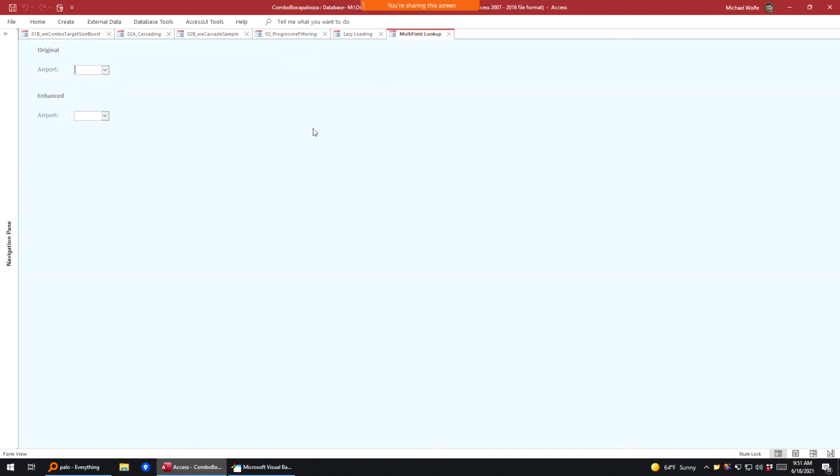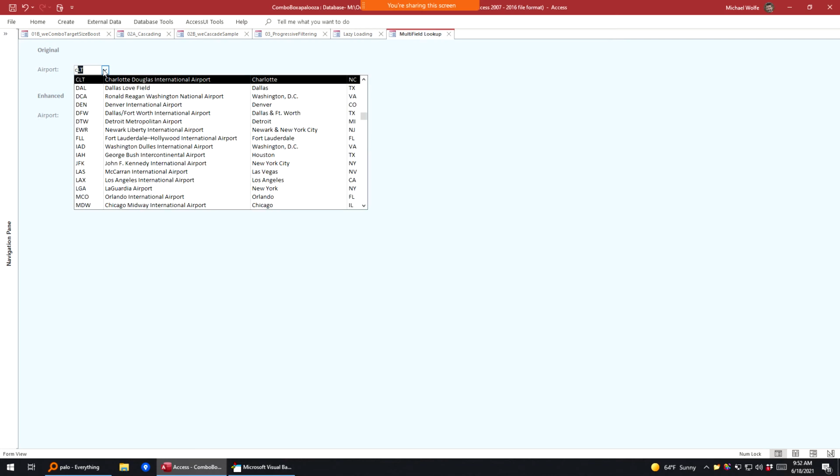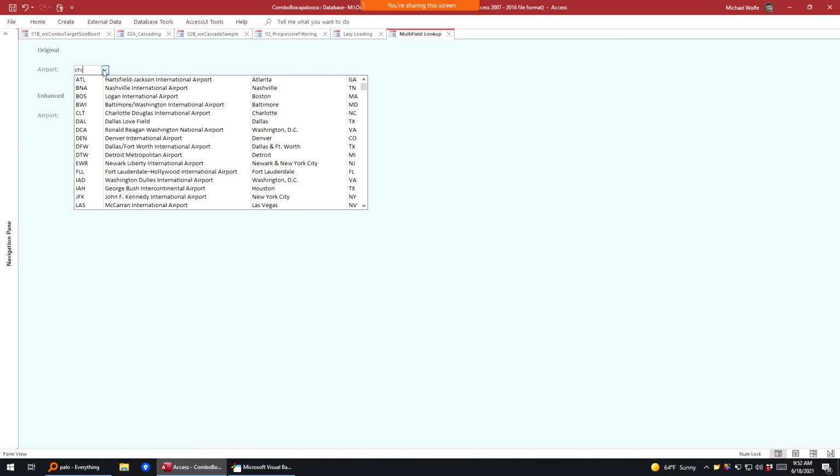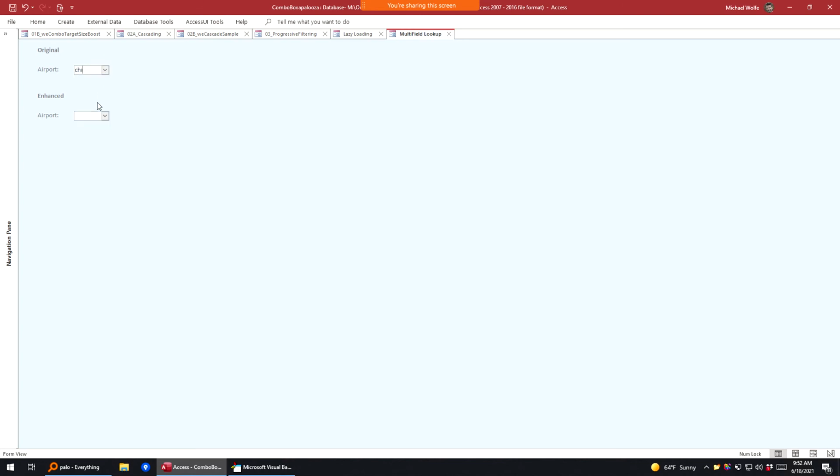Okay. Now these last three, I'm not jumping into the code right away because they're all basically using the same class module. They're just taking advantage of different aspects of it. So this was the demonstration that I showed earlier. If you're looking for the Chicago airport, you're not going to find it by typing in Chicago, because the Chicago airport codes don't start with a C. So instead,